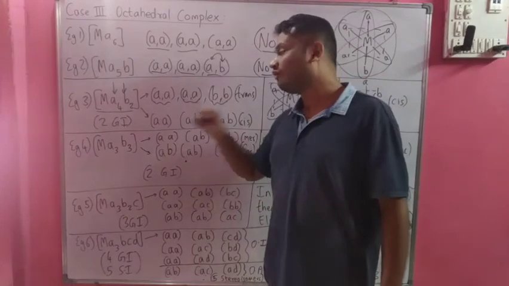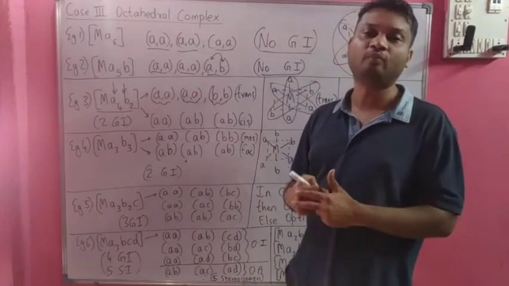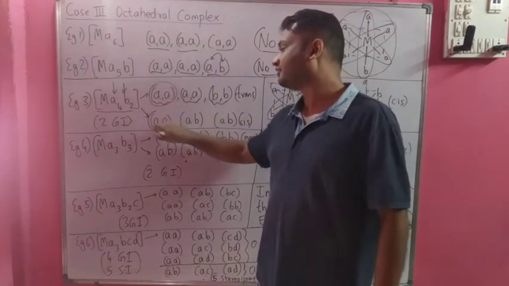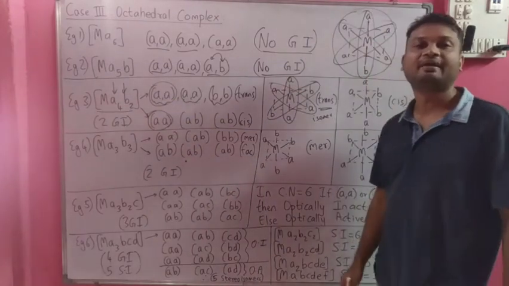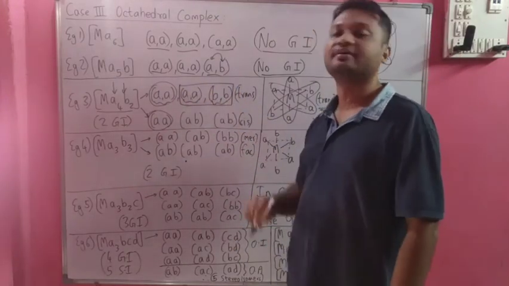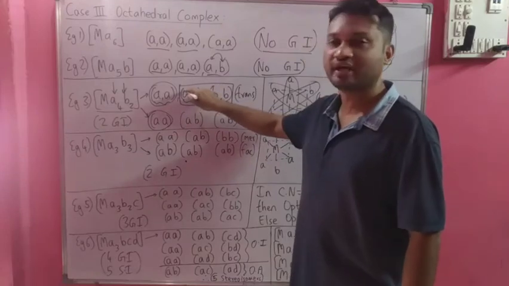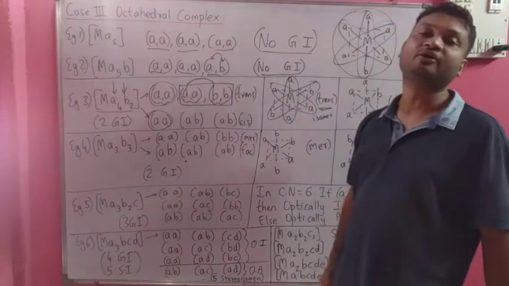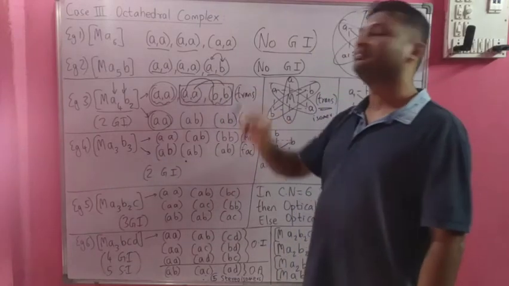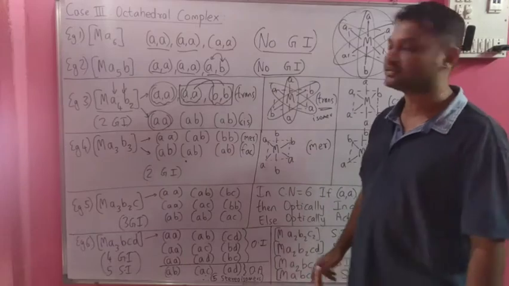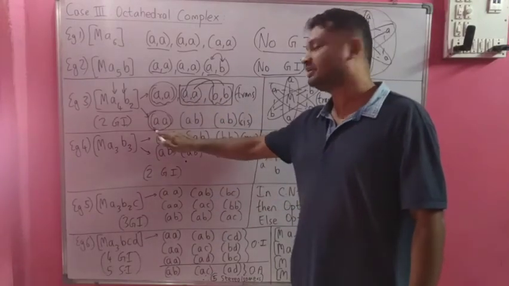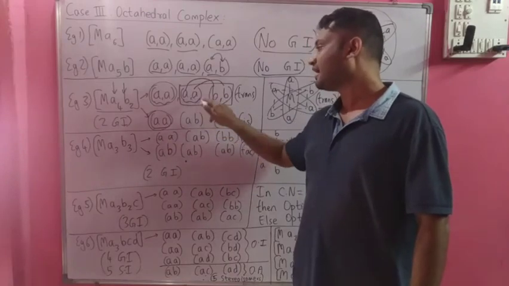Now, after this, we have one more possibility. How will we make one more possibility? So let us see. Let me keep this AA as it is. So first set I am keeping as it is. Now let us look closely at the second set and the third set. So let me combine first element from the second set to first element of the third set, second element of the second set to second element of the third set. So I have AB and AB. So AA remains as it is, AB and AB.